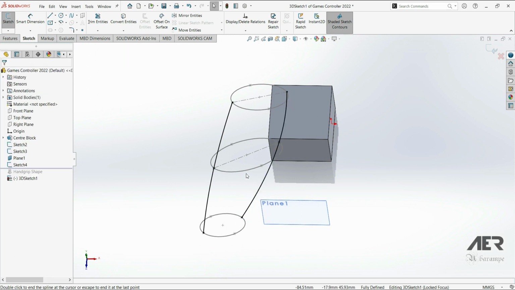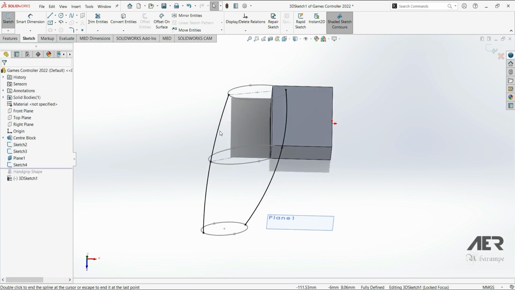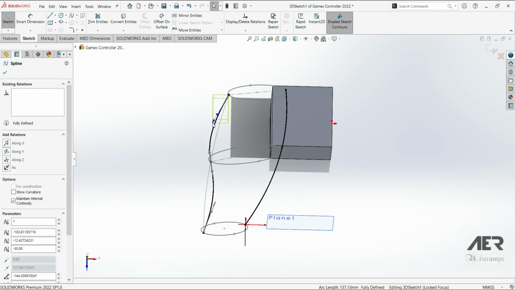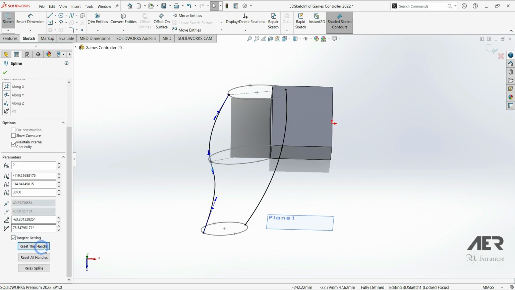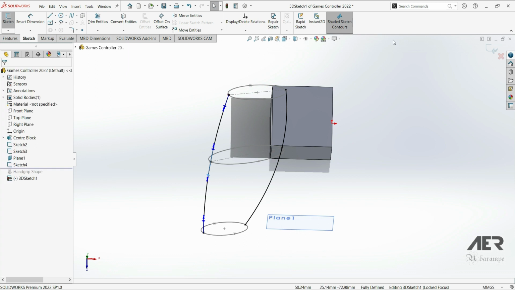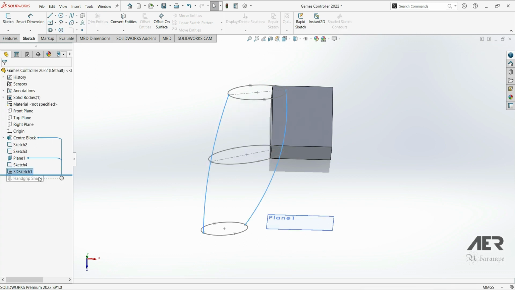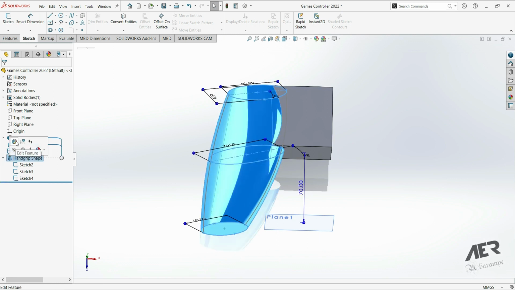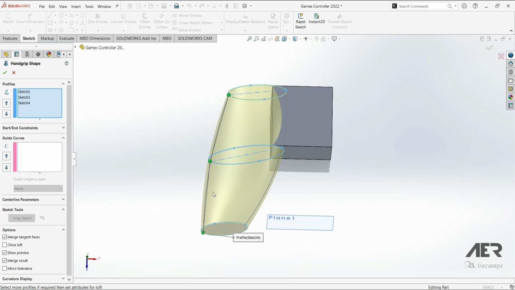Then if you want, we can adjust the guide curve to change the shape of our profile a little bit. And if we find that we accidentally mess up our curves when we are adjusting the handles, we can just click on the handle and we can press the reset this handle or reset all handles. So now that we've drawn the guide curves, we can exit that sketch. We can drag back down below the loft feature. So we are going to turn the feature on and we have now got that guide curve sketch before the loft feature. So we can now edit that loft feature and we can use that guide curve sketch in this